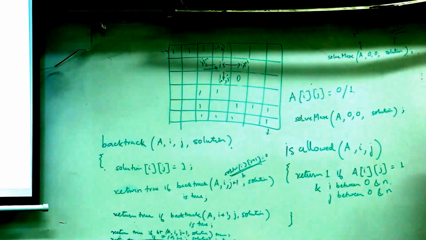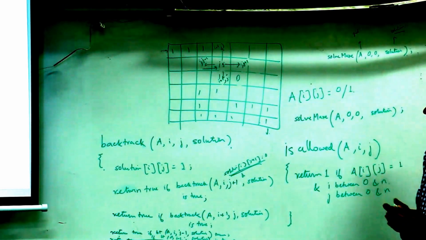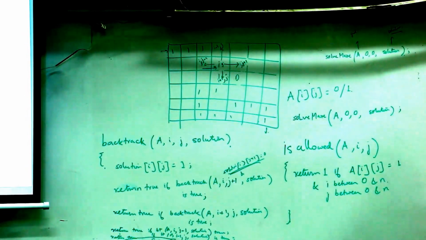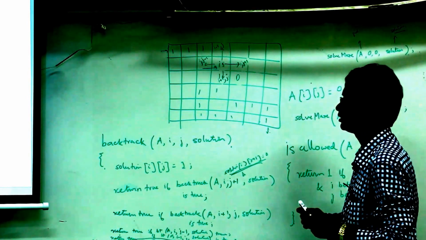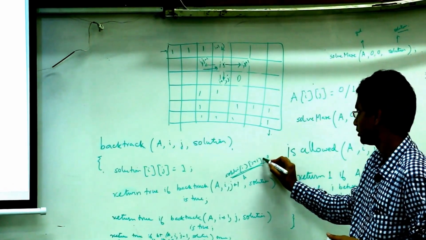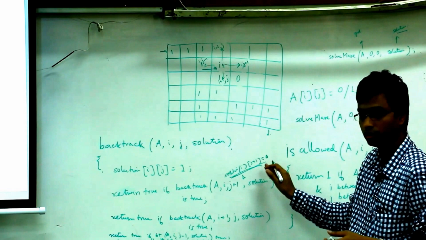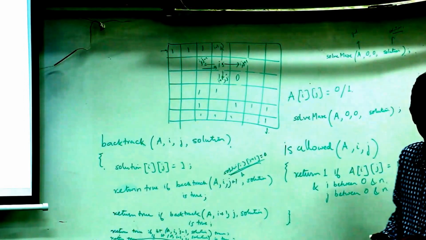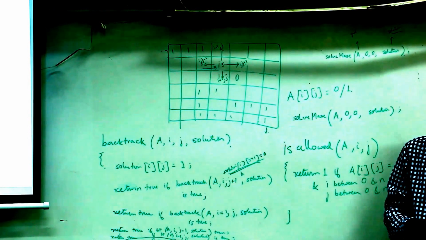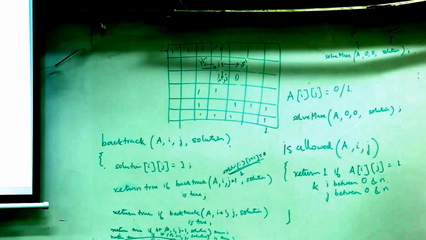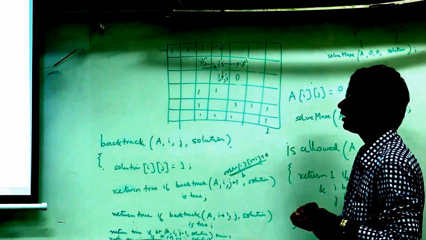We initialize the matrix with zeros initially. Then that will mean you cannot visit any other cell because solution ij... Maybe we can initialize to minus 1, plus 1. No, you can visit, because if solution ij plus 1 is equal to 0, then only you can go to that cell. But if we have failed all possibilities for one of the cells, I think we want to visit that cell again through some other path.